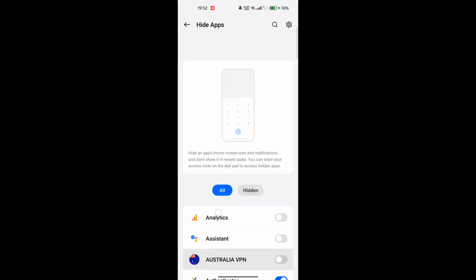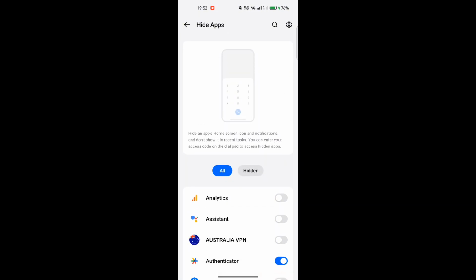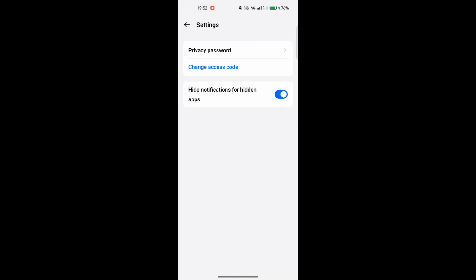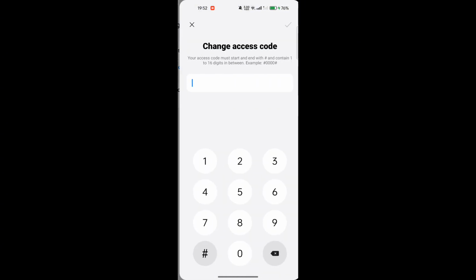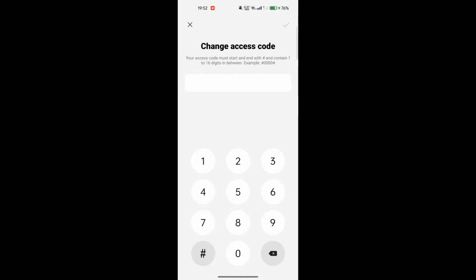Now the question is how I can access these apps. For that, you can see the settings option on the top right corner, so simply click on that. Here you can see privacy password. So simply click here, change access code. Here you will write an access code, so whenever you want to access these apps, you need to dial that